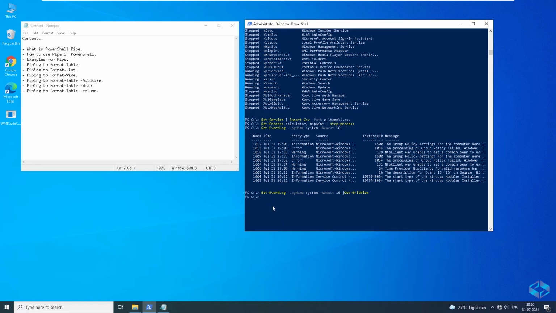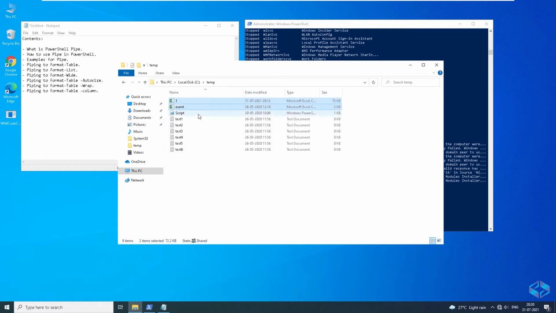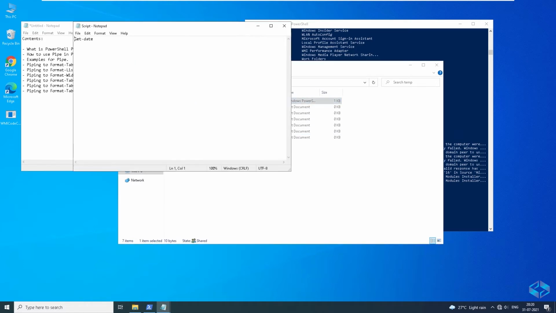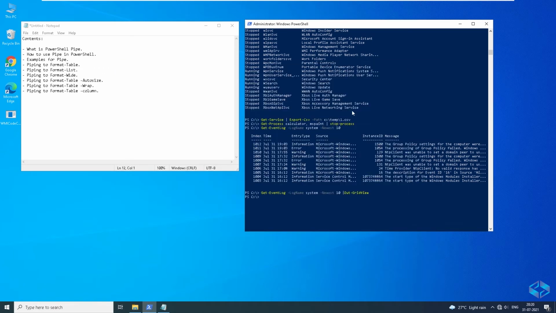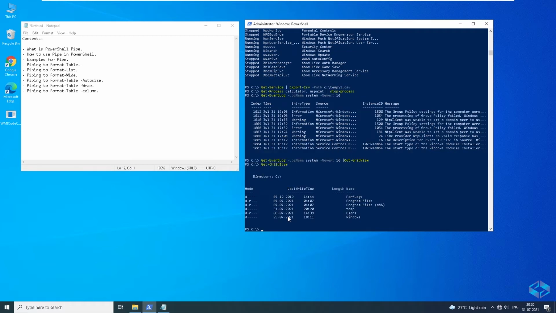So for example, let us take that we have some files here. Let me delete all these things. And here is one of the scripts I pasted. Okay, that is fine. So what I'm trying to do is use Get-ChildItem, and so here you can see what you're getting.